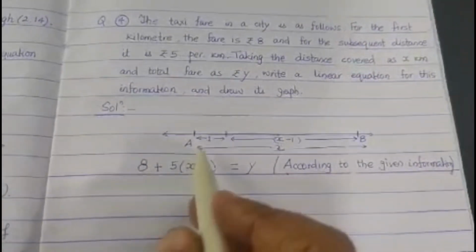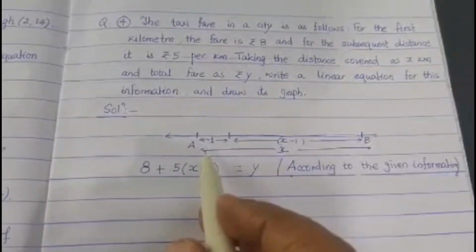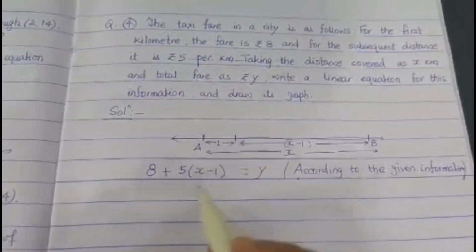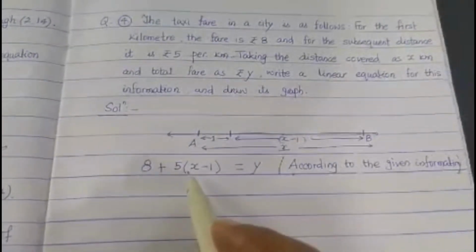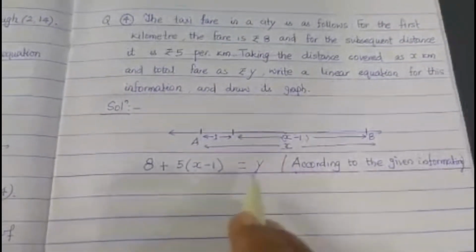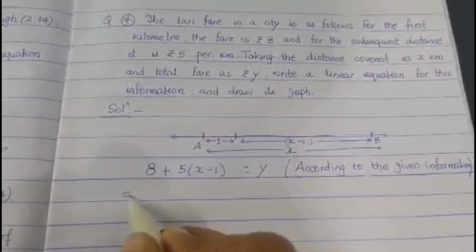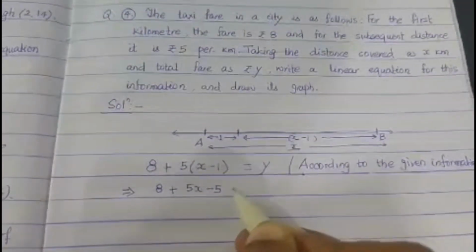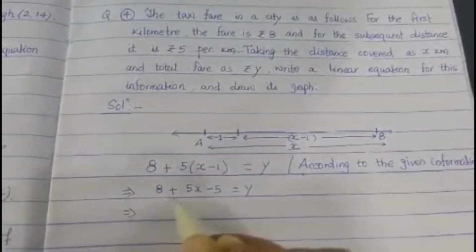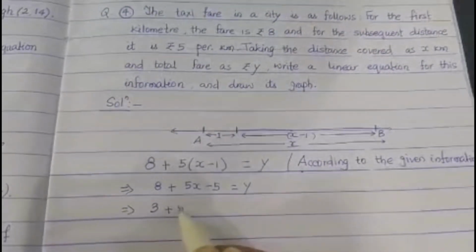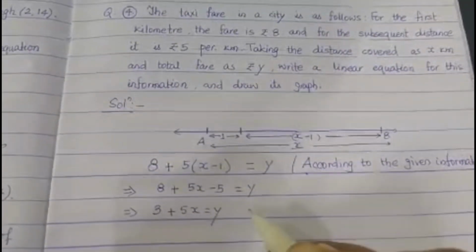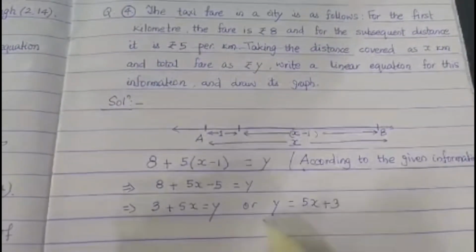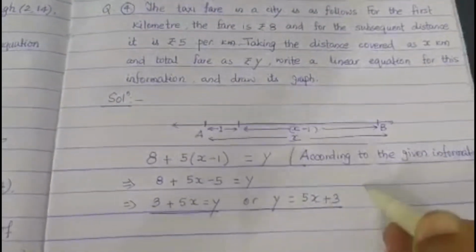For the first kilometer the fare is rupees 8, plus for the remaining x minus 1 kilometers the fare is rupees 5 per kilometer, so 5 multiplied by x minus 1, and the total fare will be rupees y. This implies 8 plus 5x minus 5 is equal to y. This implies 8 minus 5 is 3, plus 5x is equal to y, or you can write y equal to 5x plus 3. So this will be the required equation,